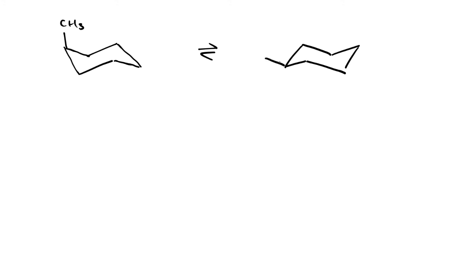So I'm just going to redraw our molecule of methyl cyclohexane in both chair forms. So that was the previous structure where we have the methyl group in an axial position, and then we'll put the structure over here where the methyl group is in an equatorial position. Now, consider this methyl group. It has some space, right? It occupies some space, and over here